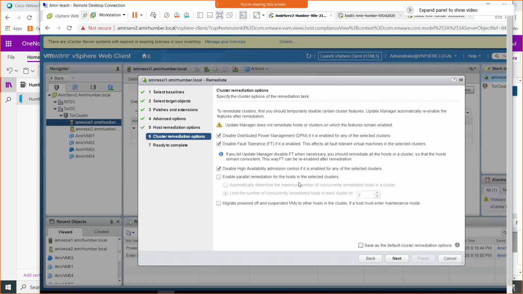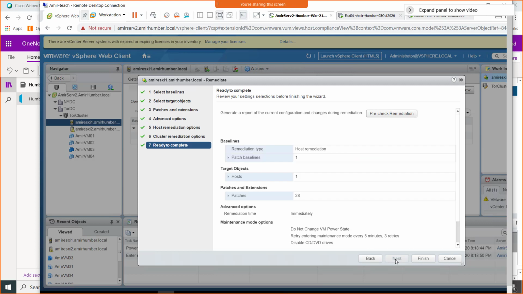We're going one by one, and if you want to remediate two hosts at the same time, you can do that by selecting this option. Migrate powered off and suspended VMs. We already unchecked this option. We don't want VMs to be migrated away from this host. It's already in maintenance mode, so it doesn't apply to us. And click next. Okay, that's it.